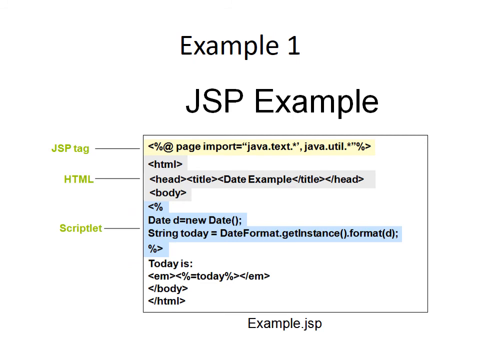Now this is a first simple example of JSP. Here I am using a directive tag. As we said, usually a directive tag is the first line in your JSP page. So I am importing a particular package. The package is javax.servlet under the Java. This is a package within a package, and star indicates all the classes.